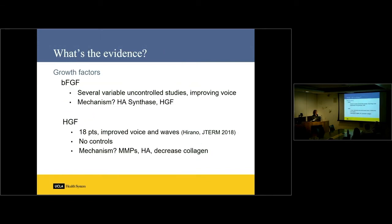The growth factors are primarily in Japan and Korea. There's 2 that you will hear about: basic fibroblast growth factor and hepatocyte growth factor. Again, all of these are uncontrolled studies, yet showing some improvement, especially for the mild to moderate scars. And we at least can have a good theoretic framework for the mechanism of how these growth factors may work. For example, FGF is known to increase hyaluronic acid synthase, which is a good thing, right? And interestingly, then, FGF also increases other growth factors, such as hepatocyte growth factor, which again increases HA and can have some of that effect on MMPs. So I think this is a really interesting area. Neither of these is available in the United States at this point,